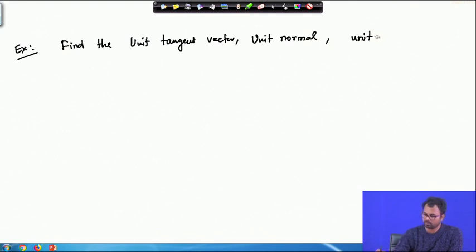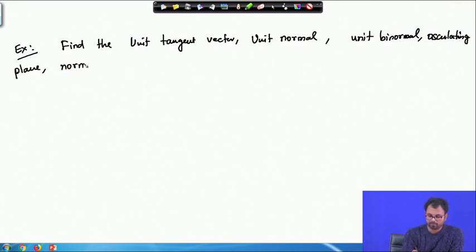So unit binormal, osculating plane, normal plane, and rectifying plane